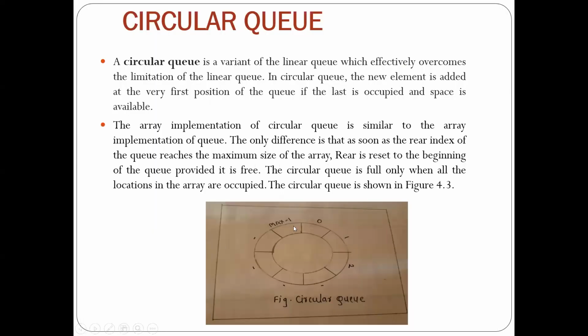Now the circular queue. Circular queue is nothing but an advancement, another type of the linear queue. To overcome the disadvantage of the linear queue, we are here seeing a new concept, that is the circular queue. In circular queue, memory efficiency is there. As we have seen in the linear queue, if some spaces are deleted, then those spaces we are not able to use efficiently. But those spaces we can use here with the help of a circular queue.